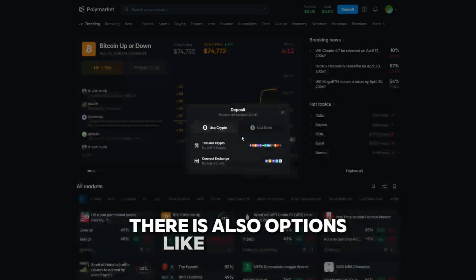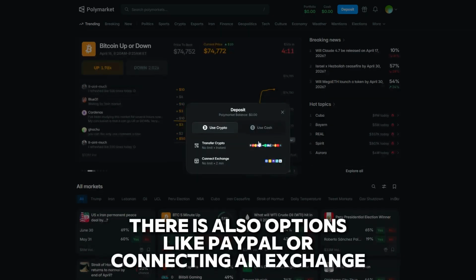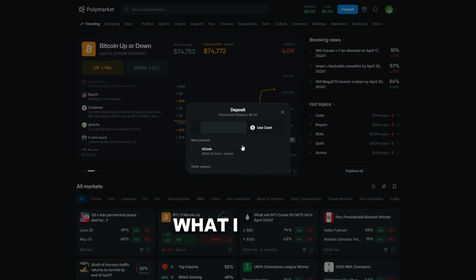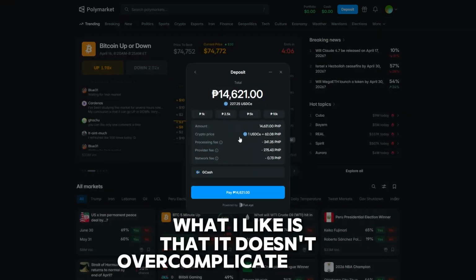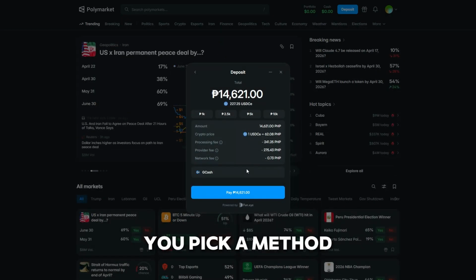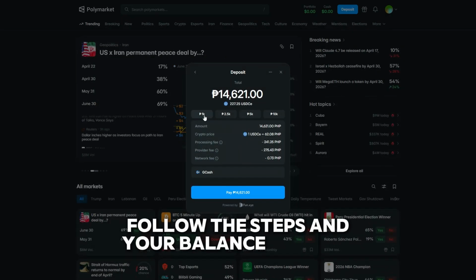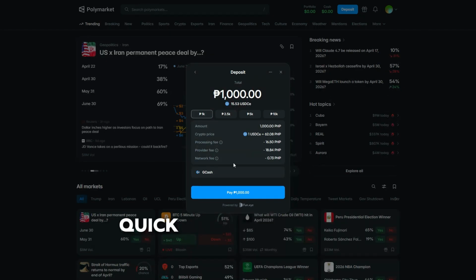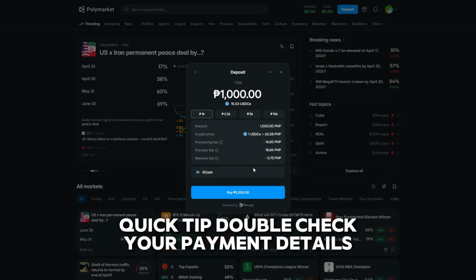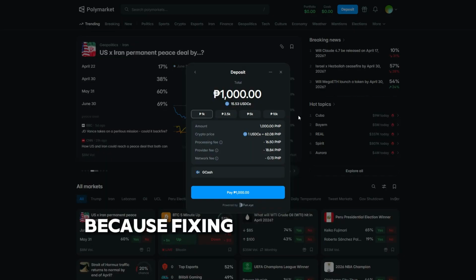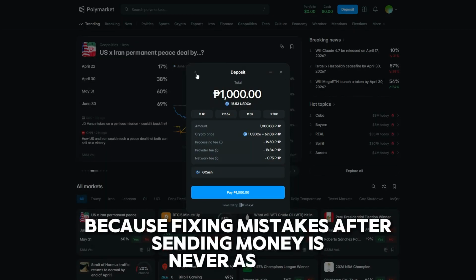There's also options like PayPal or connecting an exchange, depending on what you prefer. What I like is that it doesn't overcomplicate things. You pick a method, follow the steps, and your balance updates pretty quickly. Quick tip, double check your payment details before confirming because fixing mistakes after sending money is never as easy as